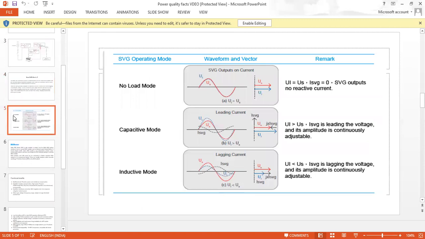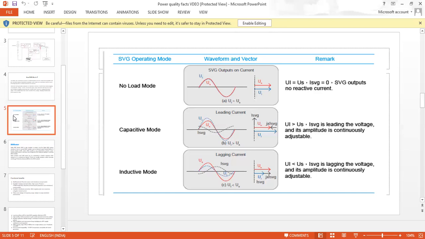In this box, we can note the operating modes of the SVG, the waveforms in the different operating modes, and the remarks for each particular operating mode, as you can see in this diagram. Let me explain the SVG device in the no-load operating mode. Here a sine wave is formed where the SVG output current is uniform, where U1 and US are always equal and the average IS current is always zero, whereas the SVG device output has no reactive current. The same applies when we think about the capacitive mode, which is just like the sine wave